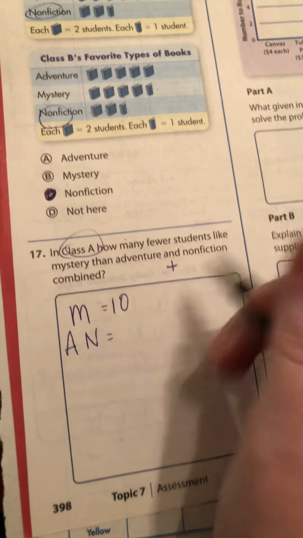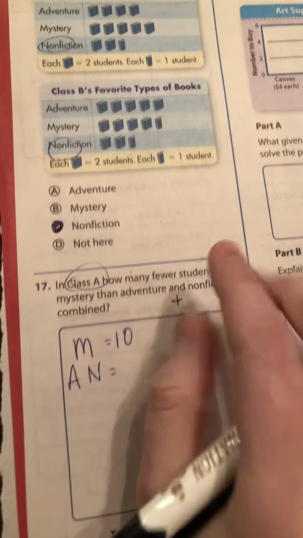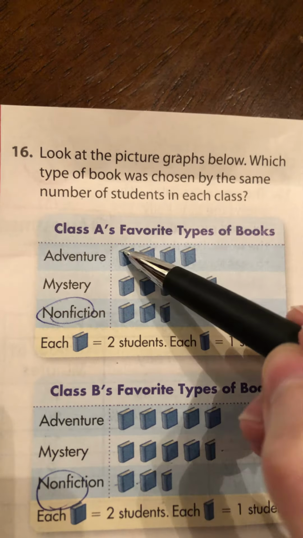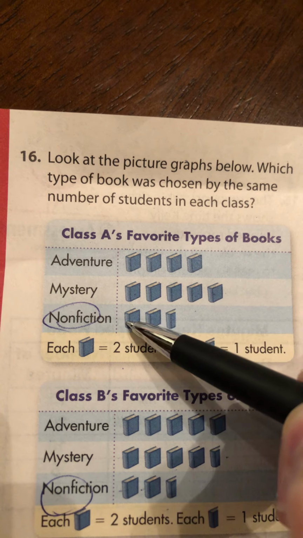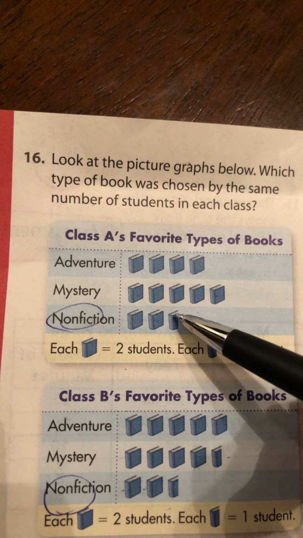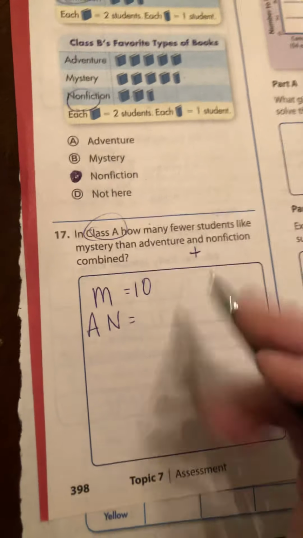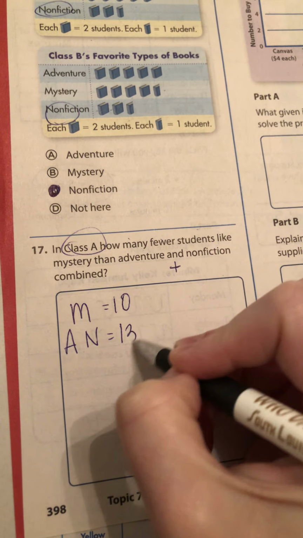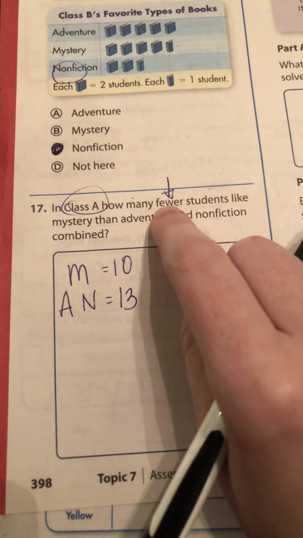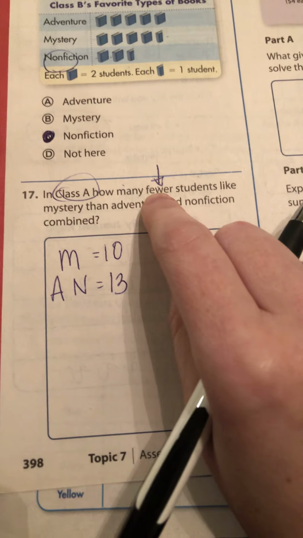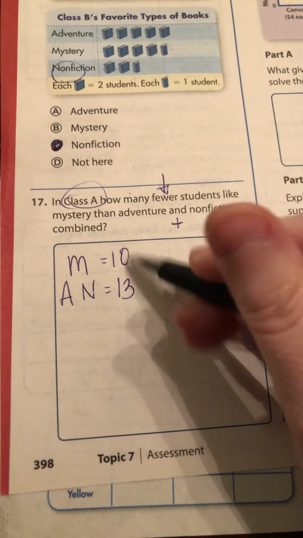Now I have to add adventure plus nonfiction. 2, 4, 6, 8, 10, 12, 13. Is that half equals 1? So how many fewer? When you do fewer, more, less, difference, comparing, how much taller, how much bigger, you always subtract. So 13 minus 10